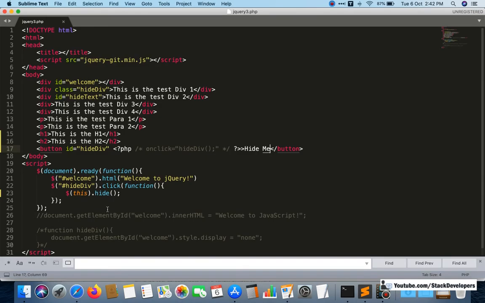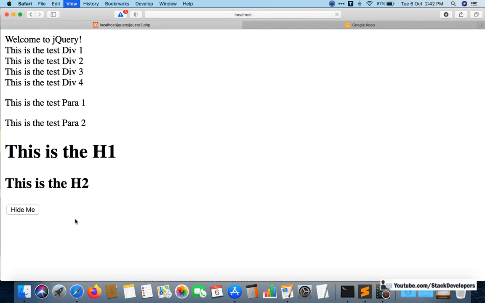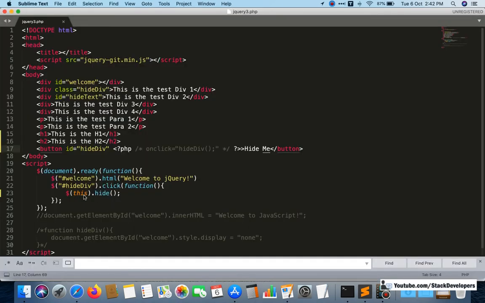So here I am going to refresh now, and "hide me" is hiding that button. I think it is clear. It is hiding that button itself, because this represents the current element you are working on, the one which has the event.